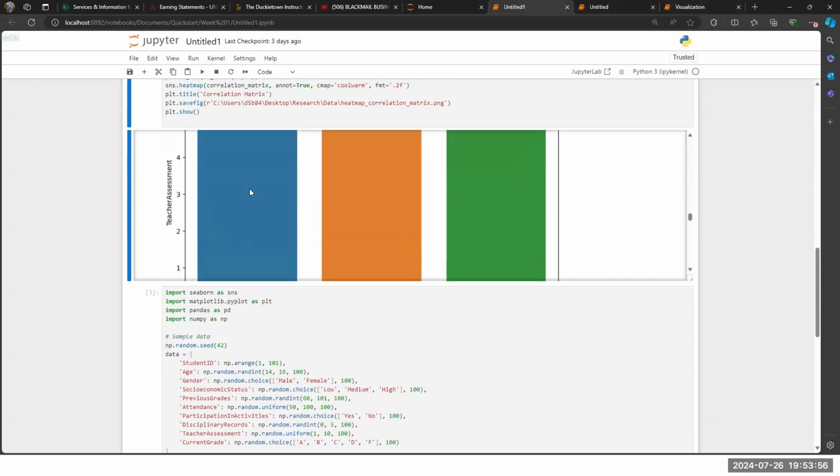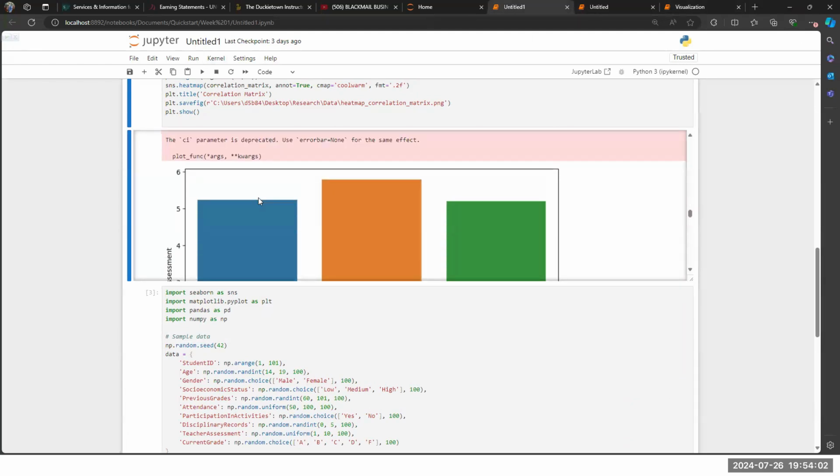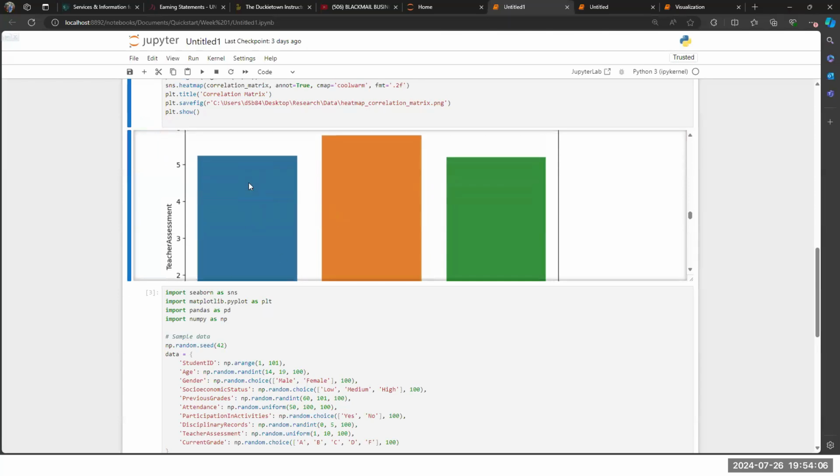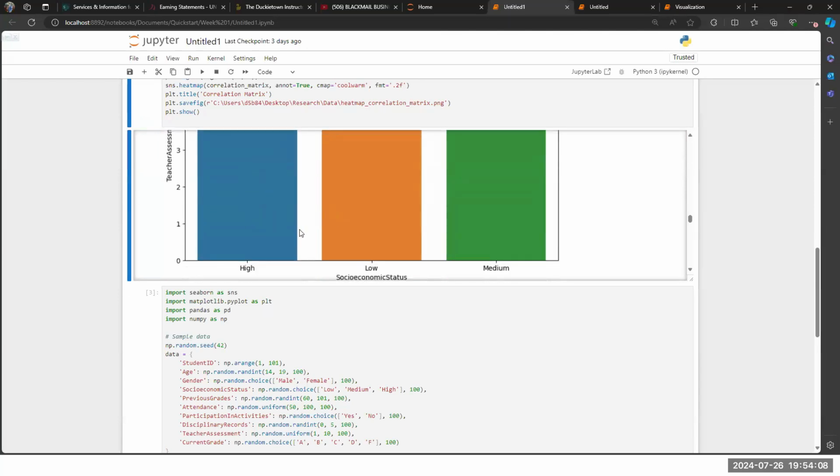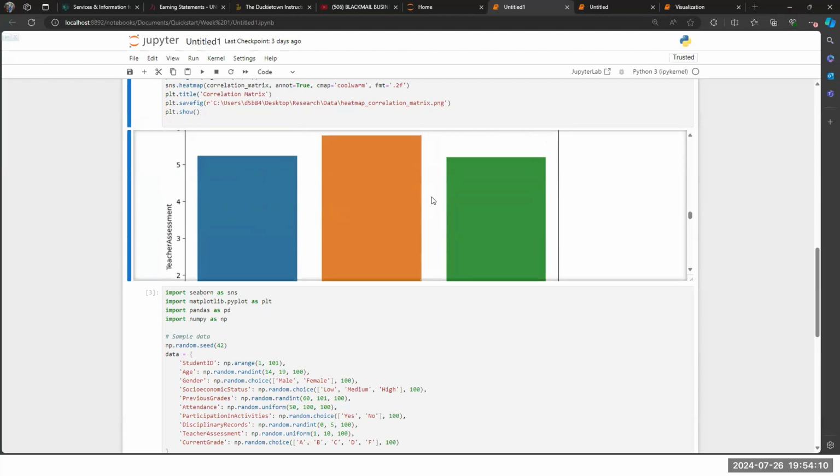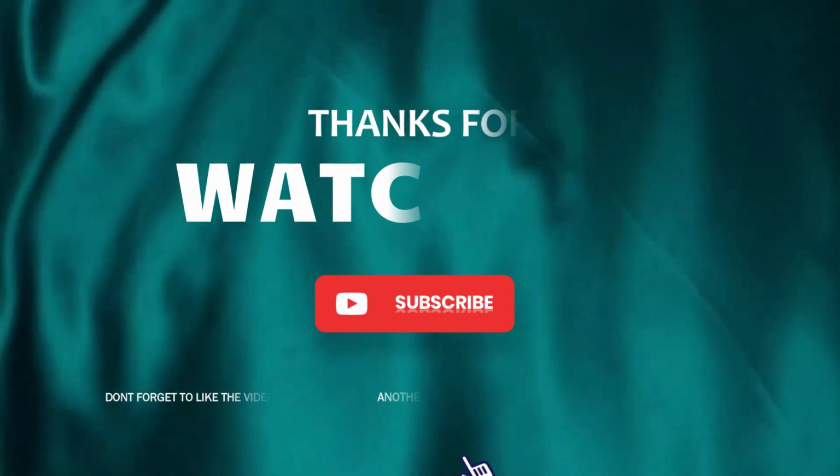If you're talking about stacked, if we put this on top of this and this on top of that, then it becomes a total. But we are not interested in a total, and so we can use a simple